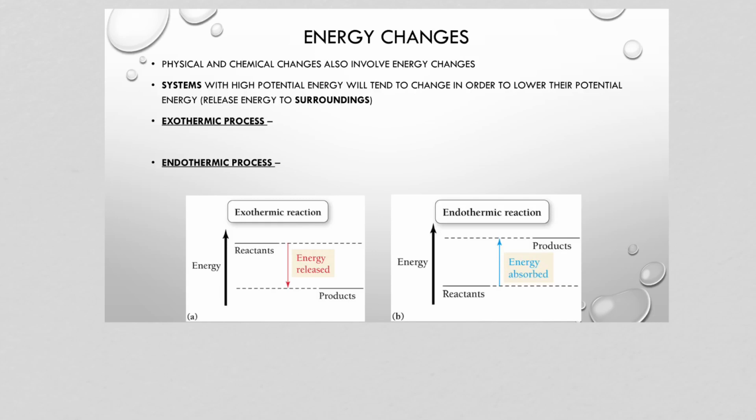And the way that we conceptualize the movement of energy, right, between different objects or from one place to another, is to divide the universe, right, to divide things into what we call the system and the surroundings, right,